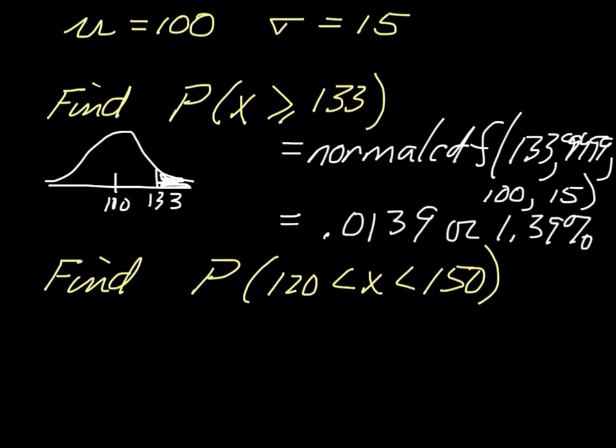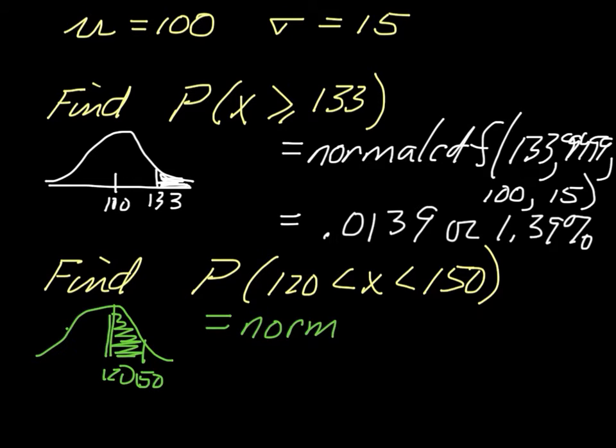probability in between. Once again, I just want to draw a picture. 120 is above the mean, and so is 150. And so I can see that I'm doing an area in between, and that helps me. This is going to be a normal